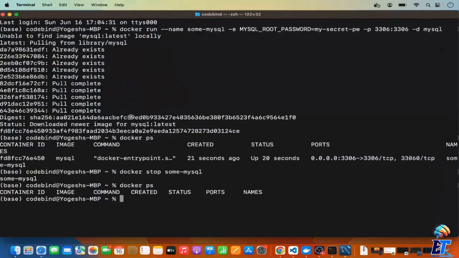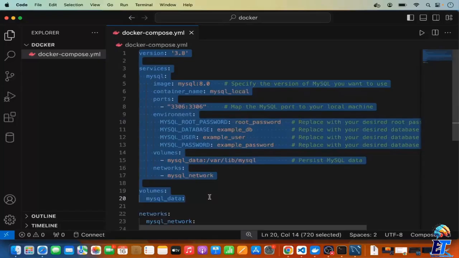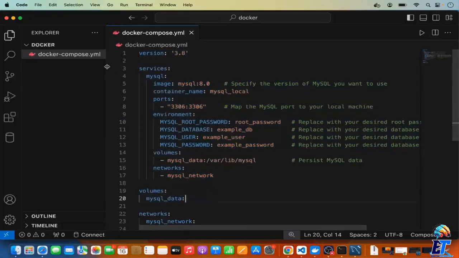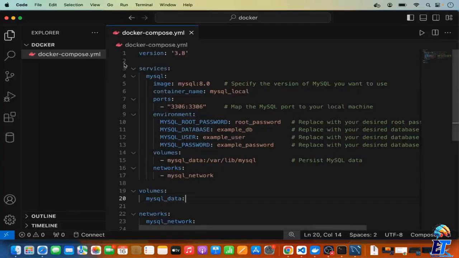Okay? So now let me show you how you can create the Docker Compose file with the same flags, how you can save that file, and how you can run that file. So I have created this Docker Compose file. I'm going to put the link to this Docker Compose file so you can directly copy its content. What you need to do is create a file with the name docker-compose.yml,